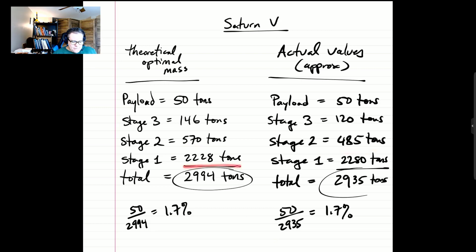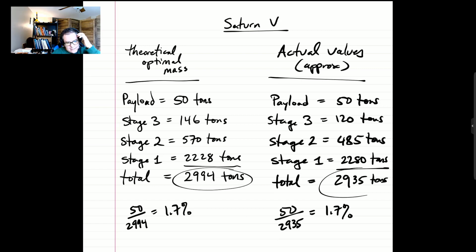Stage 1, roughly 2,228 tons, theoretically optimal, and the real value was very close to that, giving us a total mass for the rocket that is, in theoretical and actual value, very close at around 2,900